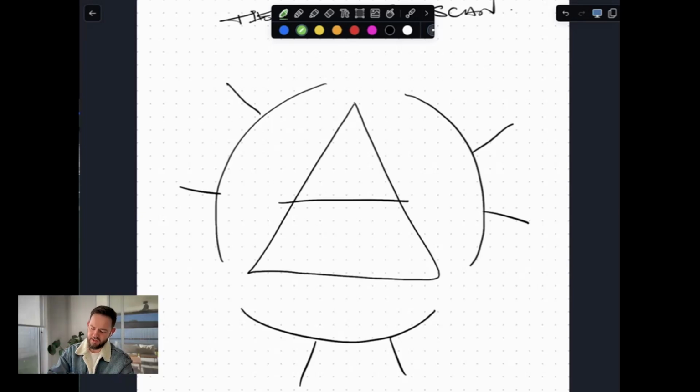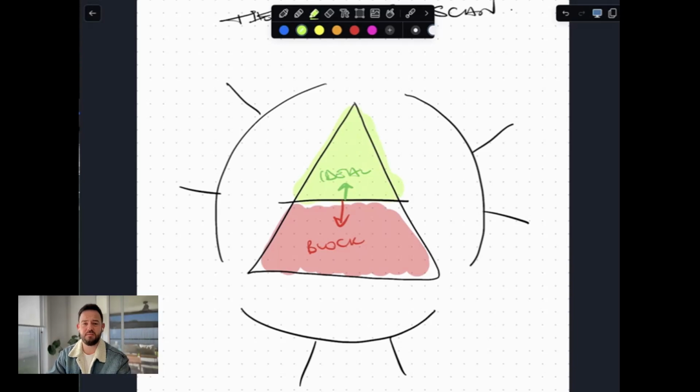But all of that can seem a long way away, right? Our ideal business can seem a long way away when we run into the problems that block the way. But we also know that whatever we focus on is going to grow. So if we're always looking down, we're only ever going to see the problems. But if we spend some time and look up, then we're going to see opportunities. If we're always too busy dealing with the problems, we're going to miss all the opportunities that lie in front of us. So if we're going to spend a few minutes and do a business scan on your business, it's important that we look up, not down, because that's where the opportunities are. Opportunities are up.